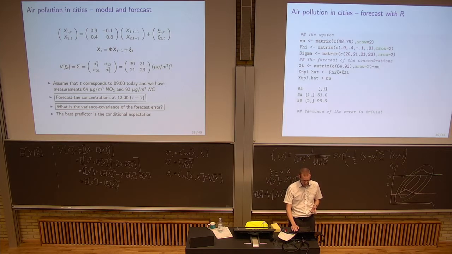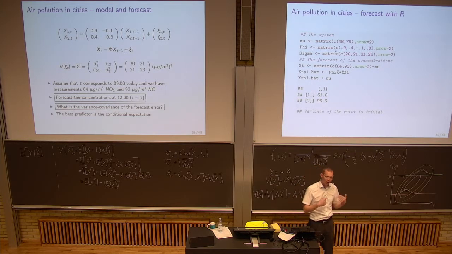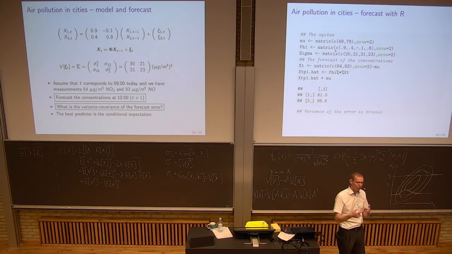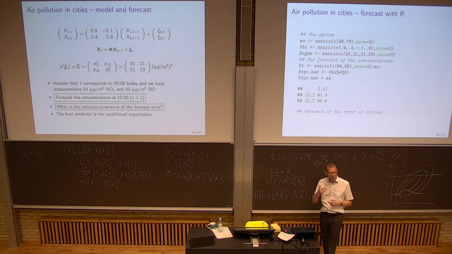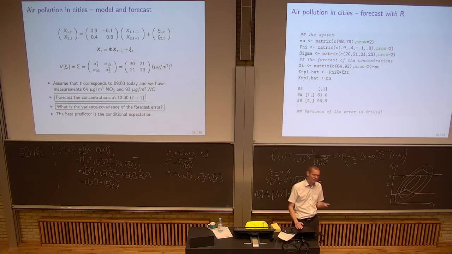Now, this is the R code that does that. Basically, I won't go through the details now. Often, I will make live code sessions as well, just to take them step by step. Here, the calculations are fairly simple, so I'll just give you the results from down there. And the variance of the error is kind of trivial because you just have to restate sigma, which was kind of given in the definition. So equal sign there. Just make 2 lines under that. You're done.